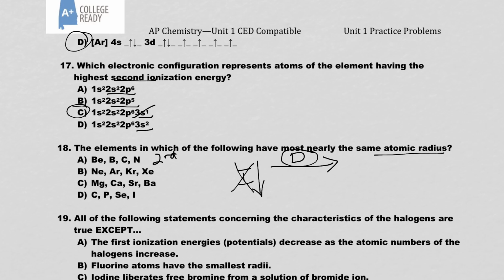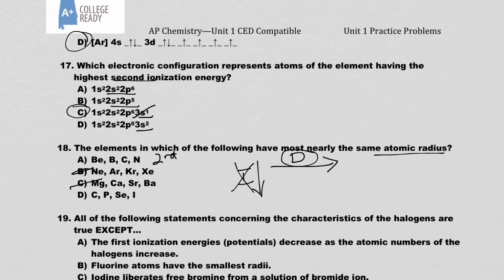We're going to have huge differences in their size because each new noble gas there is having a whole new energy level of electrons. And then if we look at C, same thing. That's straight down group 2. It's not going to be that. And then if I look at D, we've got